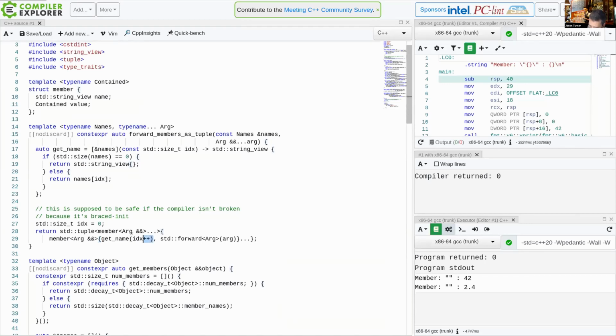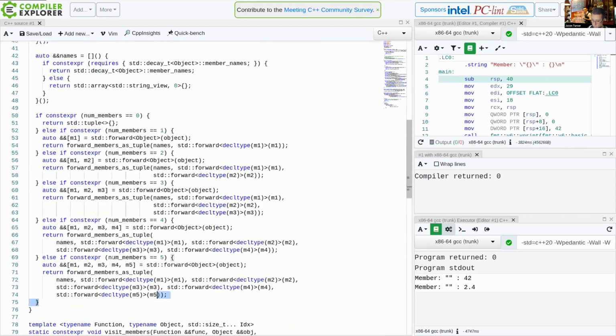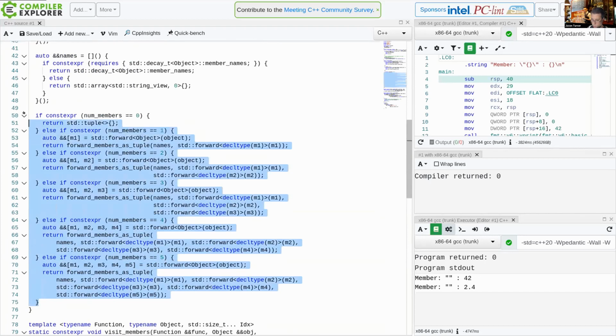So if something is inside of braced initialization here, it is required to be strictly evaluated left to right. So I am doing just an index plus plus. It's going to get the name for the 0th, 1, whatever, all the way up. And I'm doing a forward of the arg passed into me, and that's it. So the only tricky bit here is that I have to do these